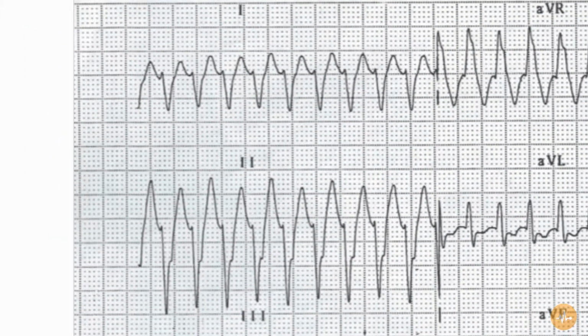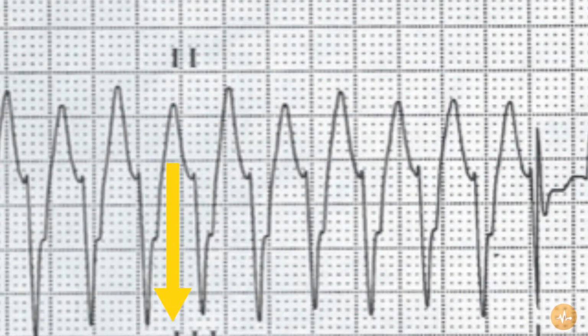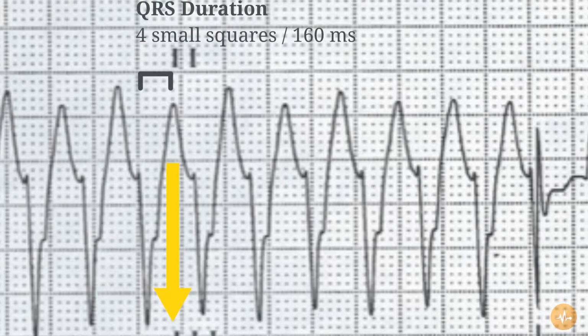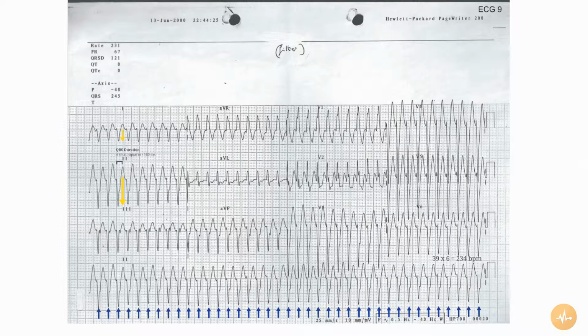The axis is equivocal with a downwards complex in lead 1 and a downwards complex in lead 2. P waves cannot be easily identified, and therefore it's impossible to comment on their morphology or the PR interval. The QRS complexes are certainly broad, somewhere in the region of 160 milliseconds. Given the breadth of the QRS complexes, it's impossible to comment with meaning upon the presence or absence of pathological Q waves or the ST and T wave morphology.